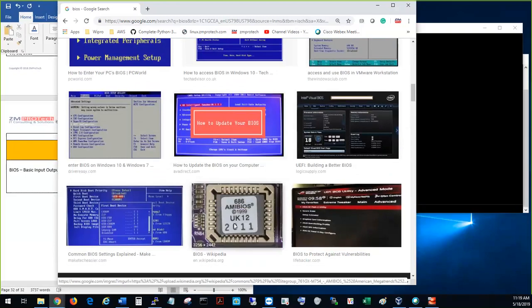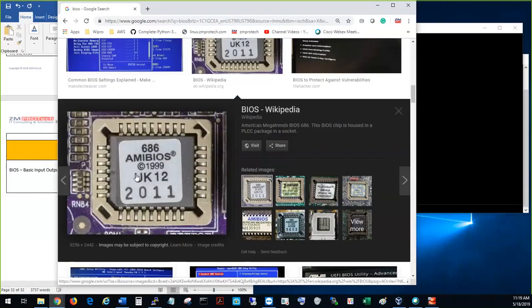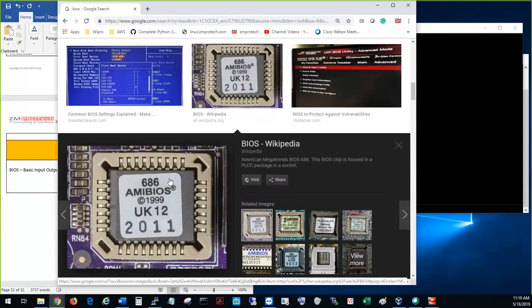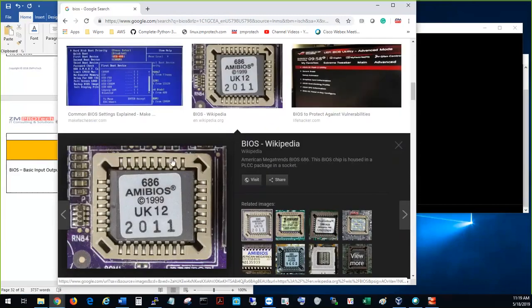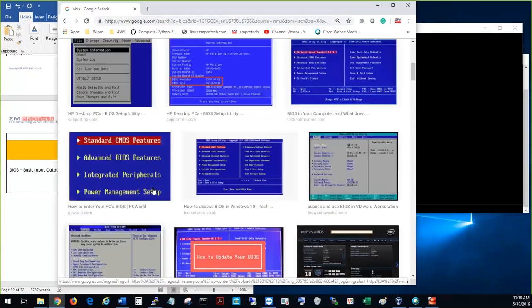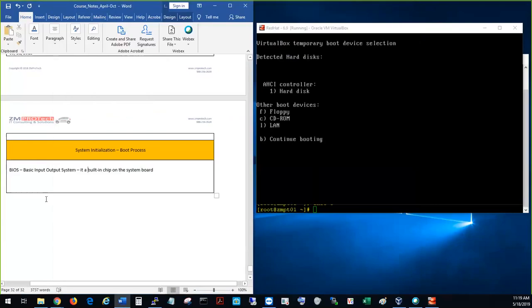Okay, there's a picture here. This is actually a chip, and it has a little software running on it. It's called firmware, and the moment you turn it on, this is where it kicks in, and it initializes the system. So once the system check is done,